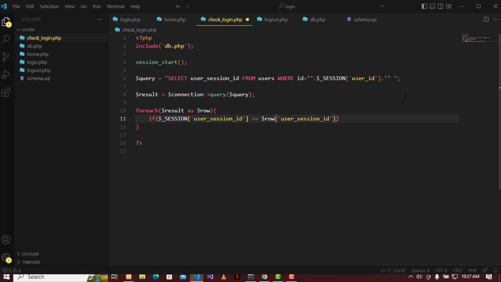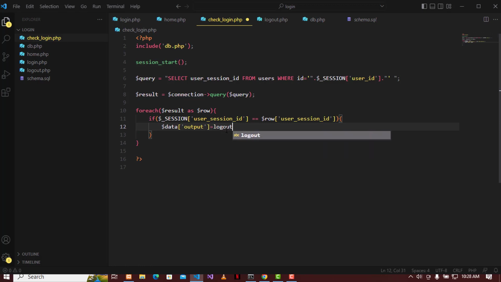Okay, if this is the same, we will make this data variable, and we will say the output will be equal to